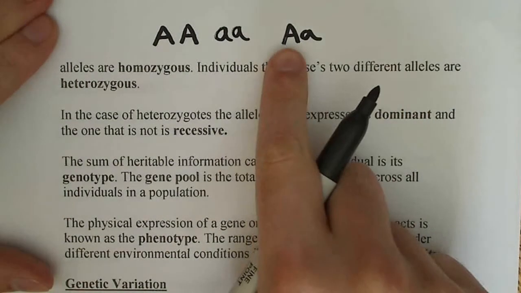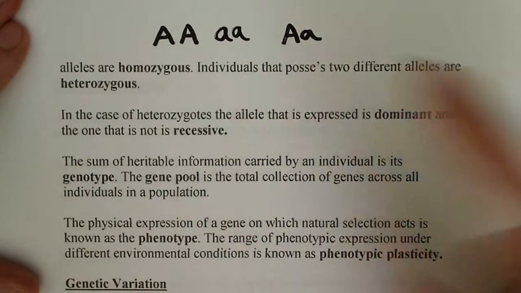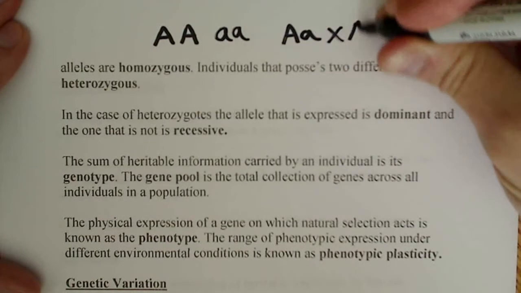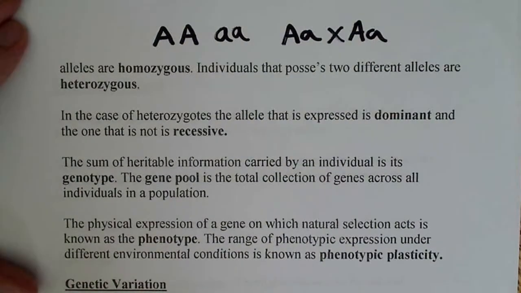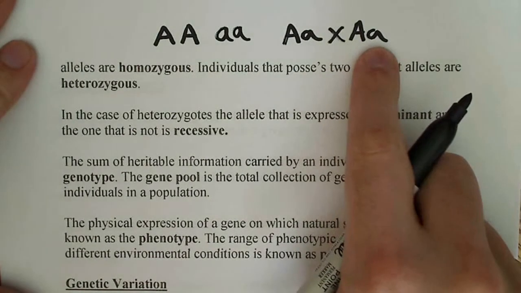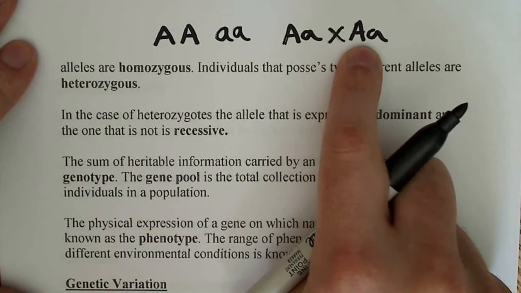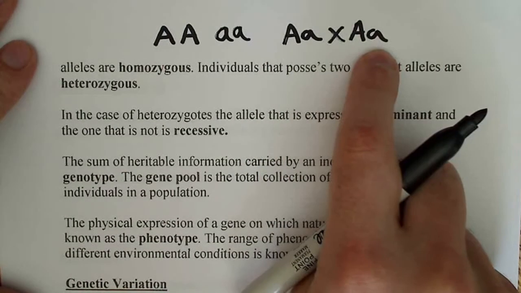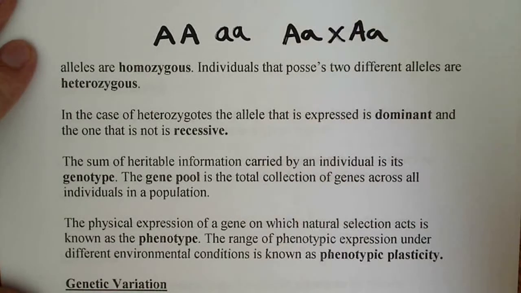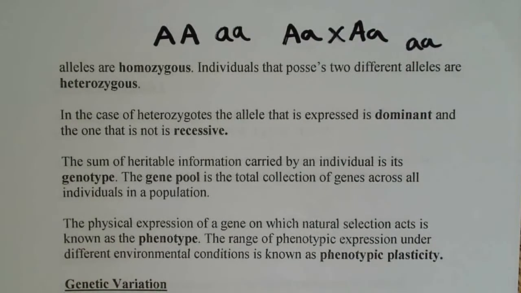So in this case, maybe that person is a carrier for this recessive gene here. If this person were to mate with another person who had the same configuration, the same two alleles, one dominant and one recessive, although this is dominant and this is the expressed gene, when this person mates, there's a 1/4 chance that their offspring is going to inherit this aa, so this homozygous recessive gene, okay? So that's what they're talking about here by homozygous and heterozygous, and this is a way of representing it,